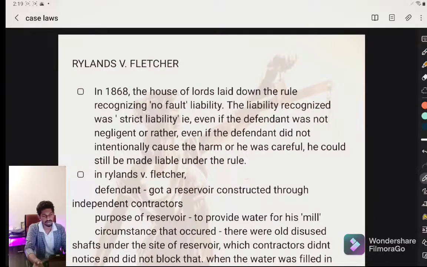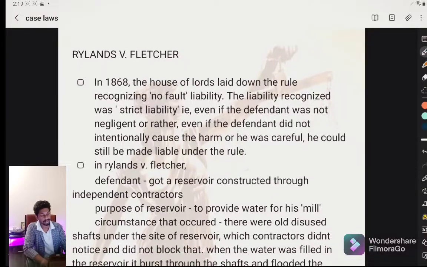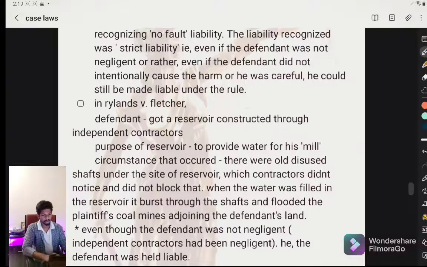Today we're going to be looking at the case of Rylands versus Fletcher. This case led to the creation of strict liability, in which even if you don't have any mistakes on your part, you will have to be liable for the act you have committed. So this liability arises when Rylands,